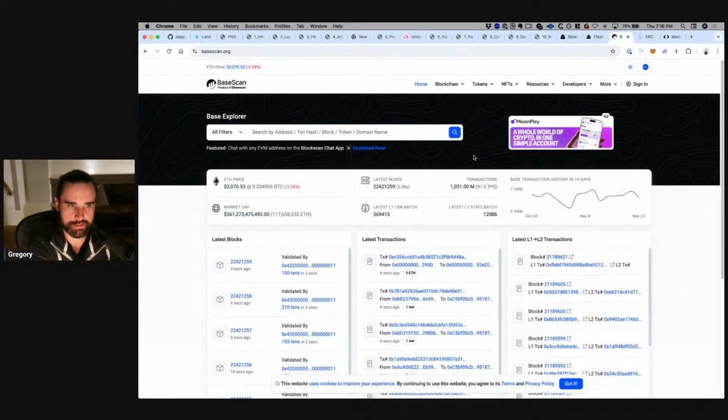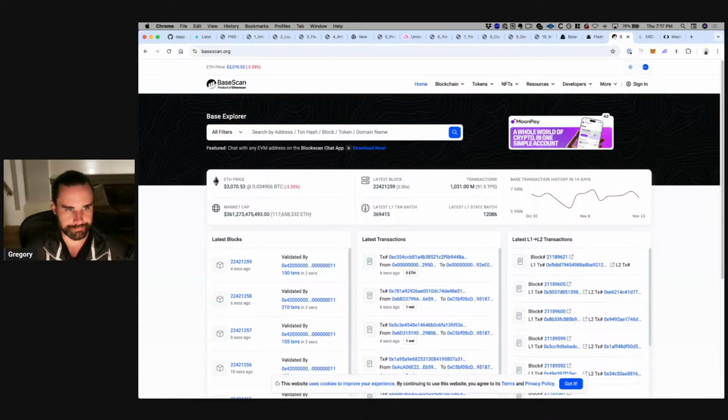So why are we using Base tonight? Well, because it's fast, it's cheap. There are some good DeFi applications to use with this strategy I'm going to show you later. And if you want to test out your flash loans on a real blockchain, it's really cheap to do it here. It's really fast. You can test this stuff out for pennies, which is pretty cool.